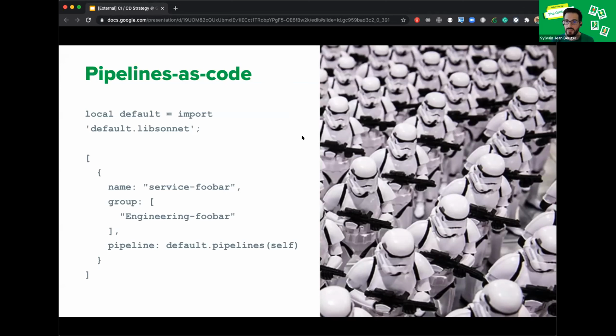Just with these few lines of code, people that are part of the foobar service team will be able to generate all our 7 standard pipelines that let them go through the entire development process with just a few clicks. We provide the packages, and naturally, we give some hooks for teams to extend and add some additional tests, add some additional metrics and monitors that we'll cover later.